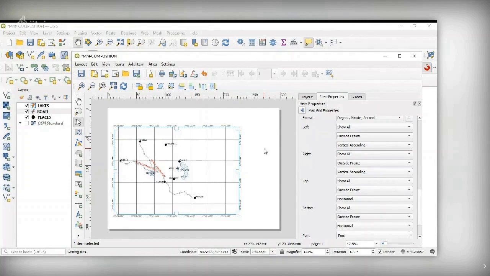So coordinates are drawn, but this is in decimal degree, 74.970. So instead of that format, if you want to make it as a degree, minute, seconds, that would be nice. Degree, minute, seconds.